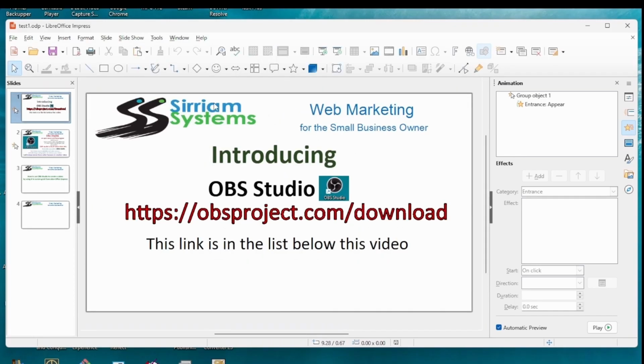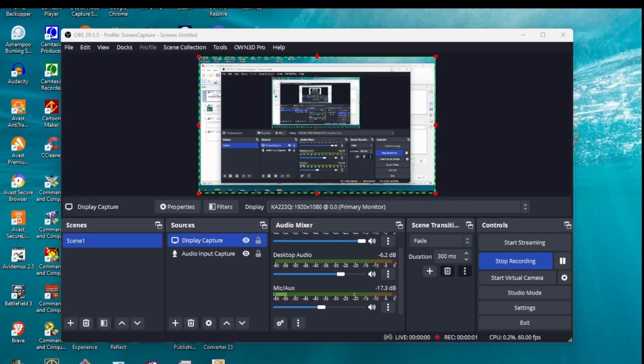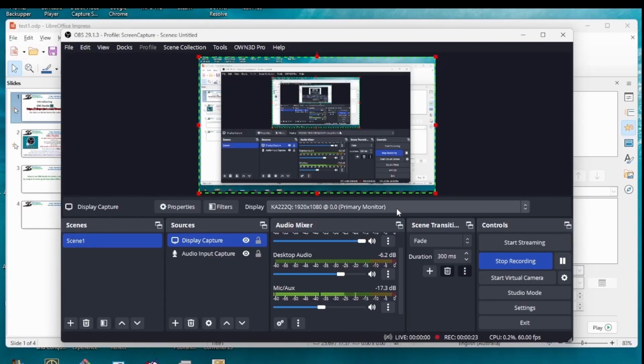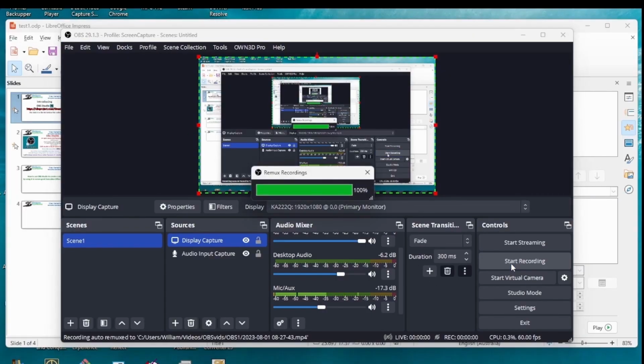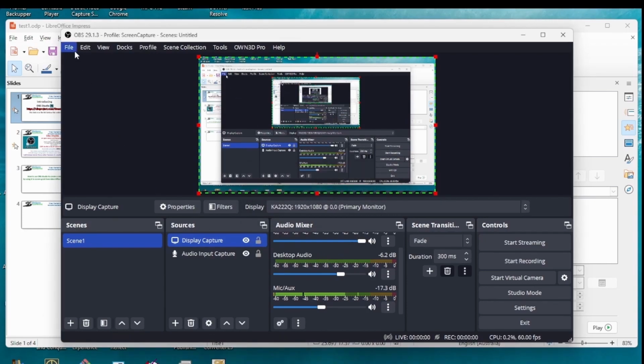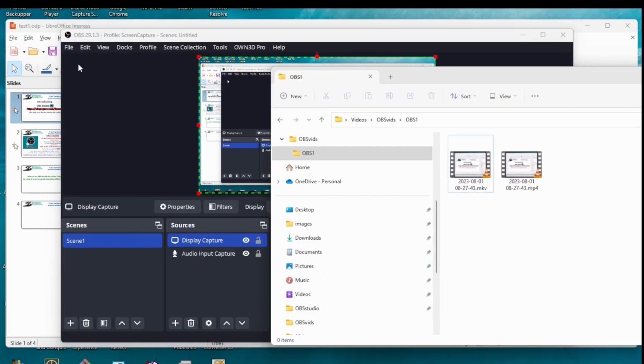Okay, now we've finished doing that, and we can now bring back up OBS Studio, and we can click on Stop Recording. Now that's recording what we just did. And now we can go to File and Show Recordings. And here's the two recordings that were saved, MKV and MP4. So we'll open the MP4